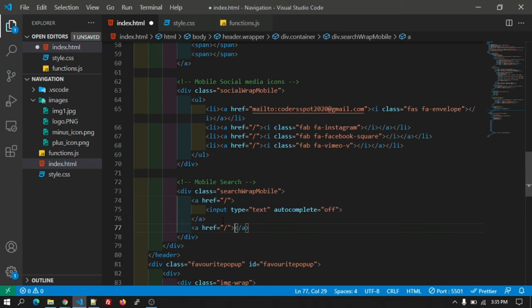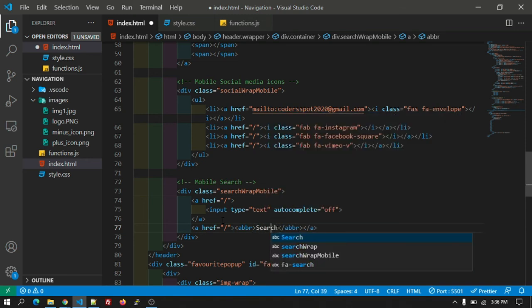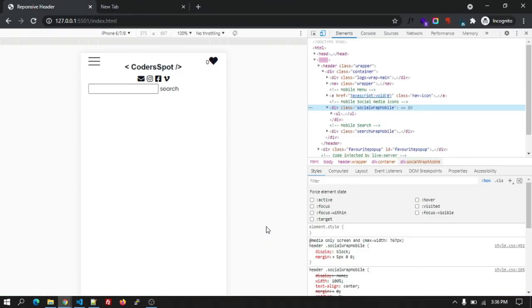Inside that, let's add one tag, abbr, with the text as search. This will look like a button, but we're going to style it. Okay, let's have a look.